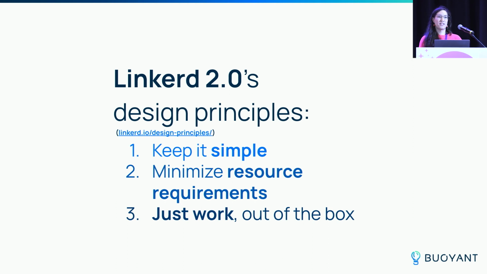Because with a language like Rust, it's very easy to minimize memory allocations because you're very aware of every time you allocate memory. You're very aware of how memory is created and shared. That's always at the forefront when you're writing a program in Rust. So it's very easy to keep that in mind and not have memory run away from you and allocate a bunch of stuff unintentionally. So in Linkerd 2, we were definitely able to minimize memory. And similarly CPU, because we didn't have that runtime overhead.